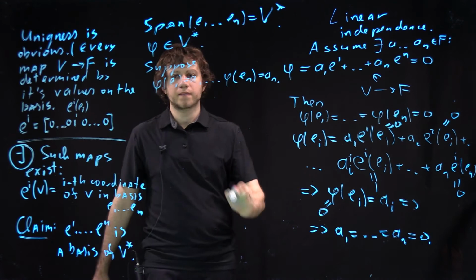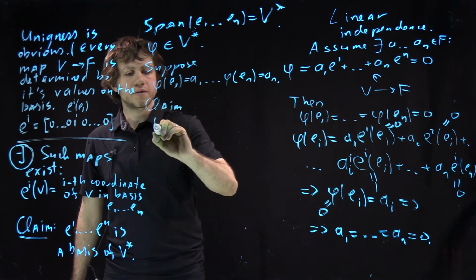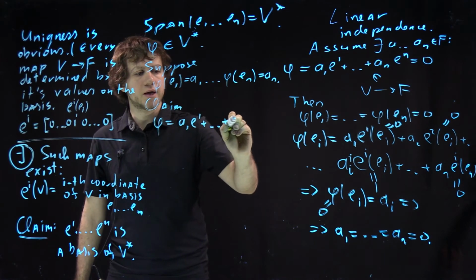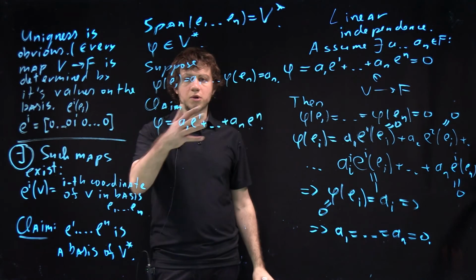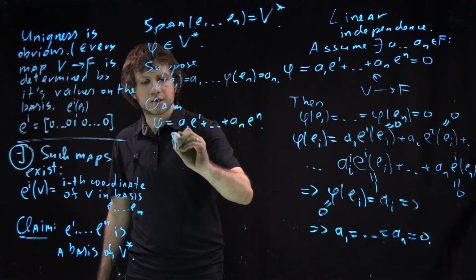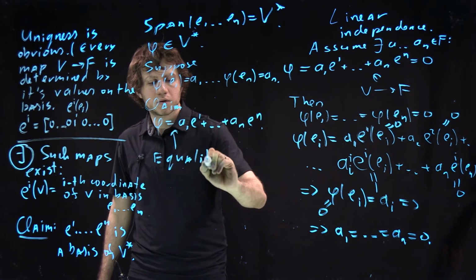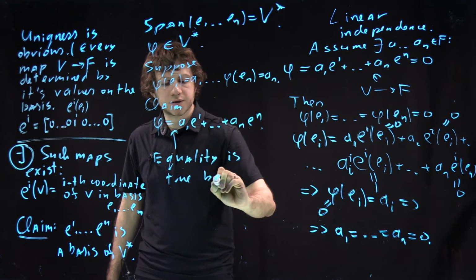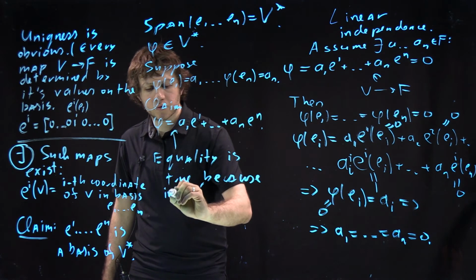So then the claim is that phi just equals a_1 e^1 plus and so on plus a_n e^n. And of course this is true because the equality is true